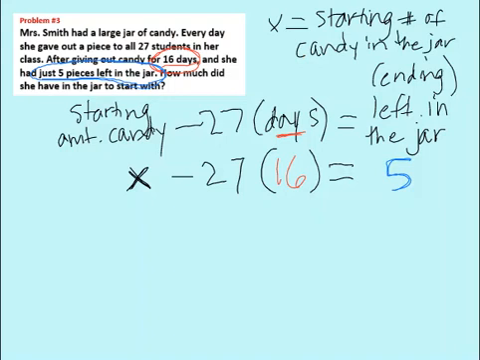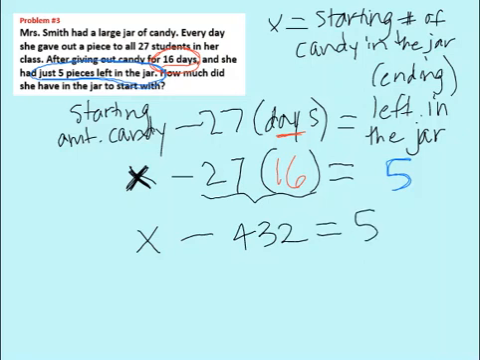So now I go to solve for X, and I say, here's my X. I want to get it by itself. So I've got to first simplify this amount right here. X minus 27 times 16 is 432 equals 5. And then I see my constant is negative 432, so I'm going to do positive 432 on each side. And I get X equals